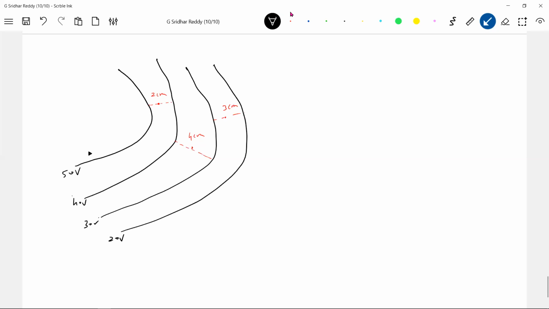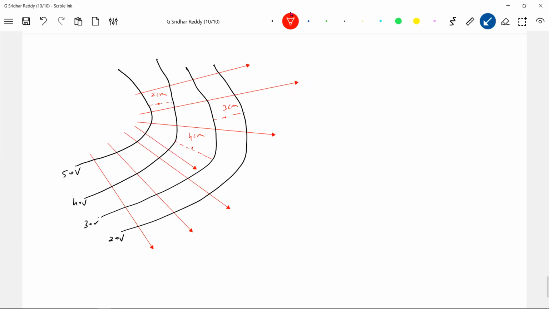So here I have to draw. This may not be exact, just to make you understand. You have to see that everywhere the lines of force should be perpendicular to the equipotential. In that way, it has to be drawn. This may be a rough diagram. These will be the lines of force. Now, at points P1, P2, and P3, I'm asking you to estimate the average electric field.